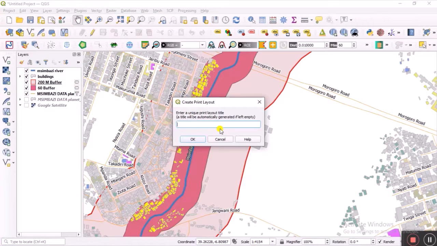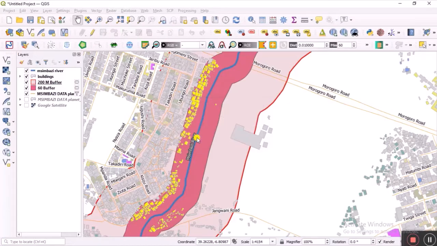name this composer. Let's name it flood management, or we can name it flood risk management map. Okay,